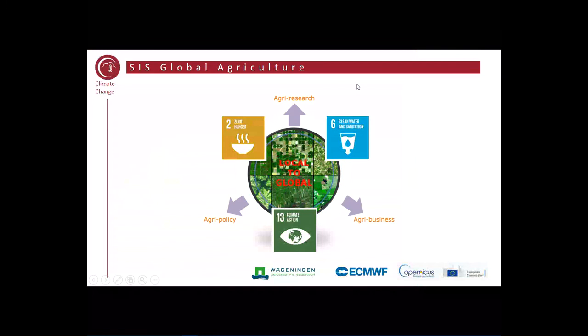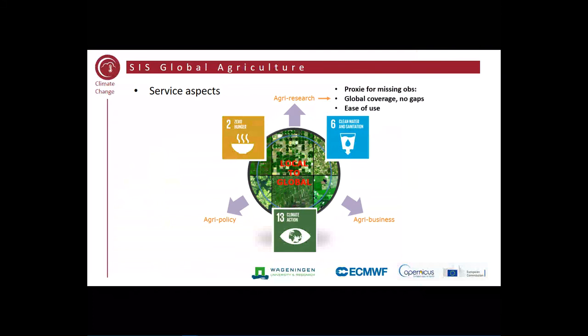And the third party that we collaborated with was an agribusiness, in this case a global operating agricultural information provider, information broker, I should say, Gro Intelligence. It was immediately clear from the beginning that they are very different, they have quite different perspectives of what is needed from a data service.